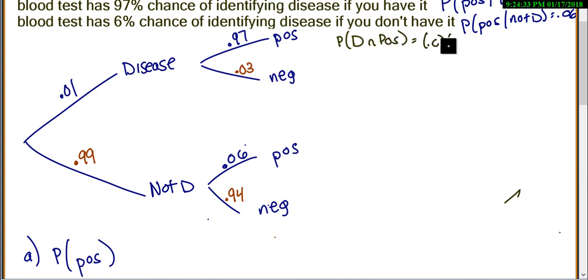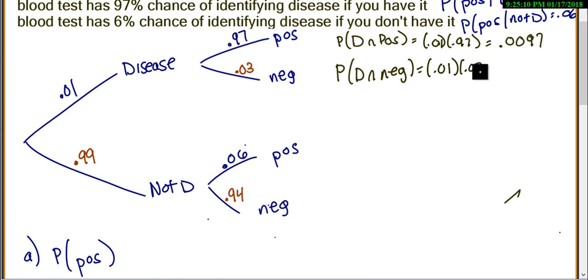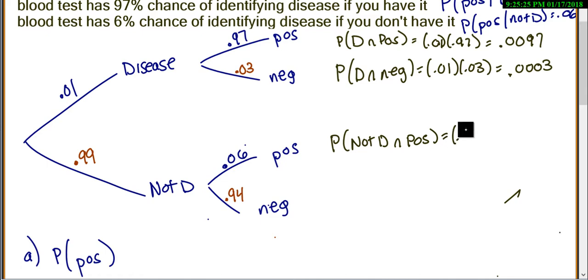So this is going to be 0.01 times 0.97, which gives me 0.0097. This one will be probability of disease and negative, which is 0.01 times 0.03, which is 0.0003. Probability of not diseased and positive is 0.99 times 0.06, which gives me